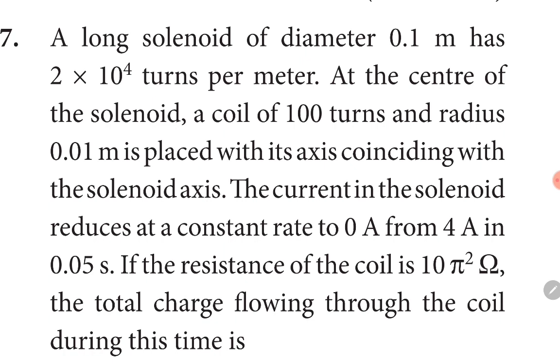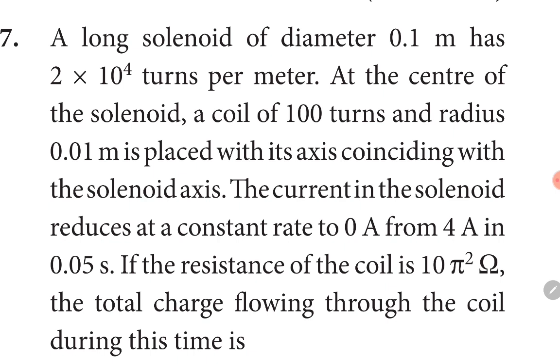At the center of the solenoid, a coil of 100 turns and radius 0.01 meters is placed with its axis coinciding with the solenoid axis. The current in the solenoid reduces at a constant rate to 0 amperes from 4 amperes in 0.05 seconds. If the resistance of the coil is 10 pi square ohms, then the total charge flowing through the coil during this time is. Guys, in this question, we'll have to use the concept charge flowing through the coil is equal